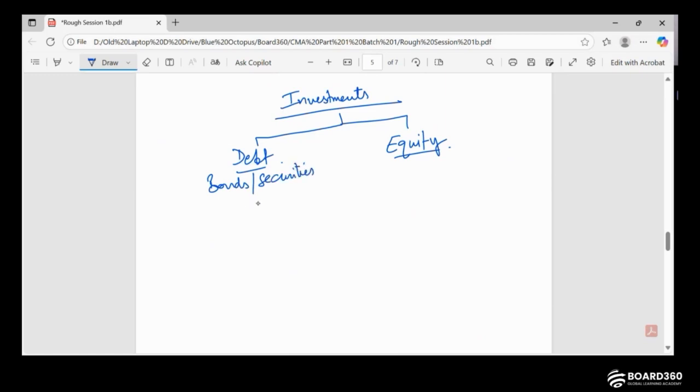So, there can be three intentions to invest in debt. One is held for trading. One is held to maturity,